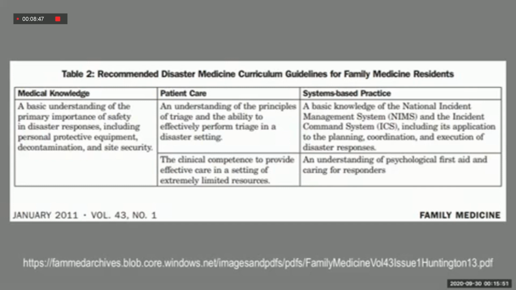No? So, but this one, it's a different type of triage. This one in a disaster setting. No? The clinical competence, yes, is to provide effective care when you have limited resources. In terms of systems based, that is where your incident command system would come in and how to apply in terms of planning, coordination, and execution of your disaster responses, as well as the provision of your psychological first aid